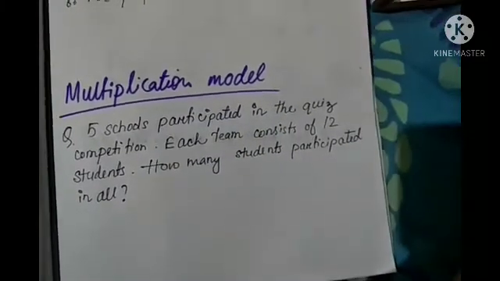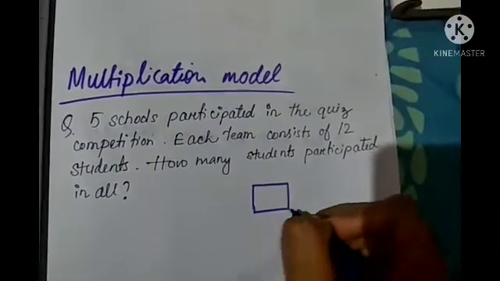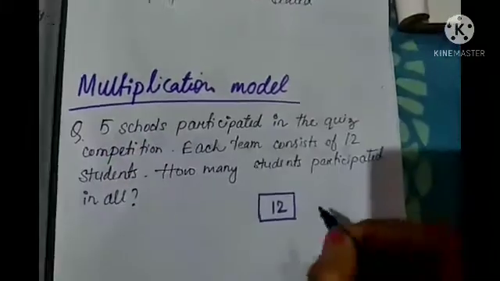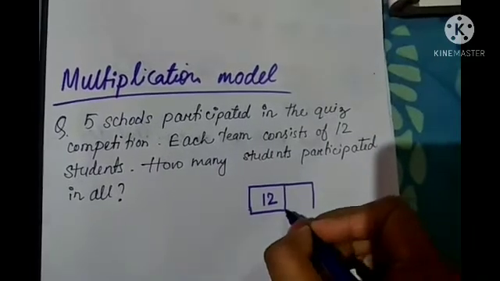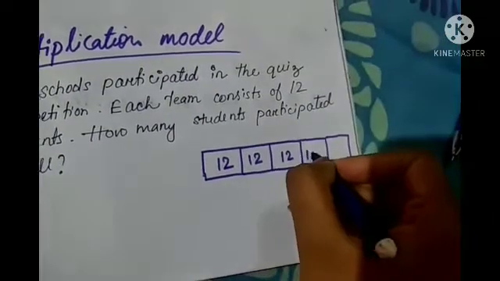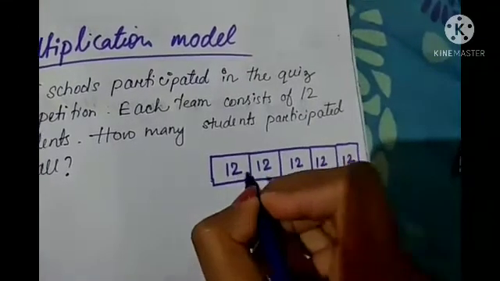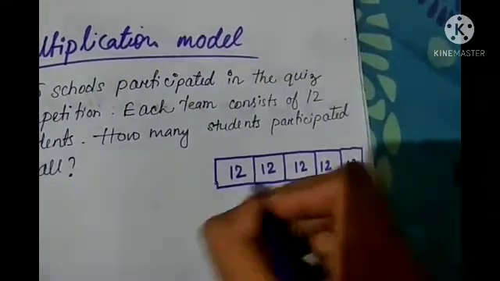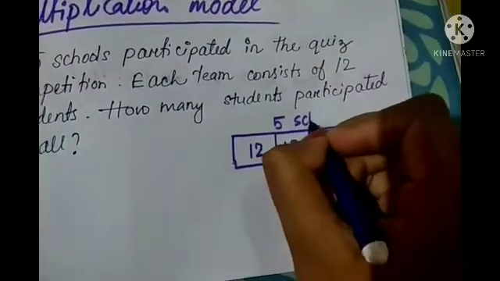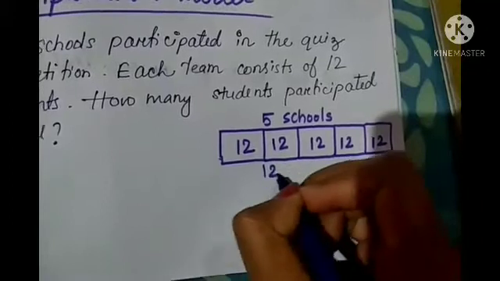So here you can see, I'll show you. If we draw one box, it represents one school. So here that means 12 students. So total 5 schools are there. So what do we have to do? We have to add 5 more boxes, and as we are considering this one as a team, that means 5 teams, each team consists of 12 students. So in 5 boxes we have to write 12. So above you can write that these boxes represent 5 schools, and below you can write 12 students